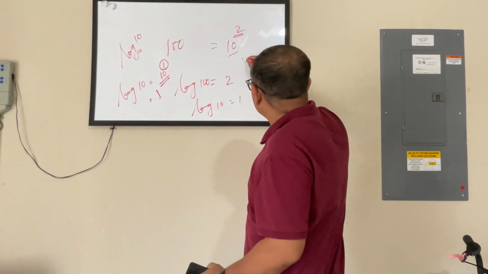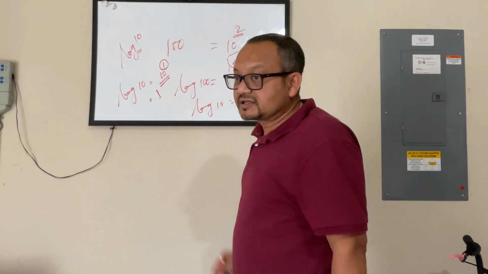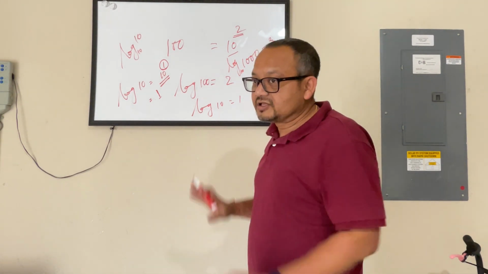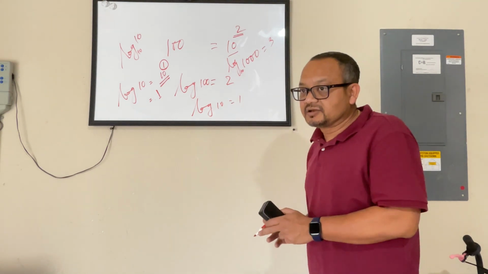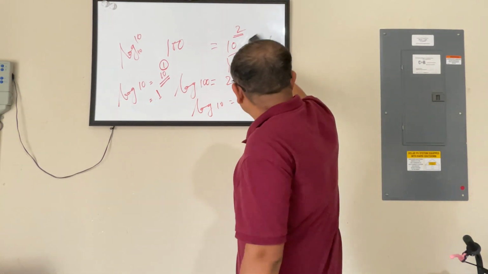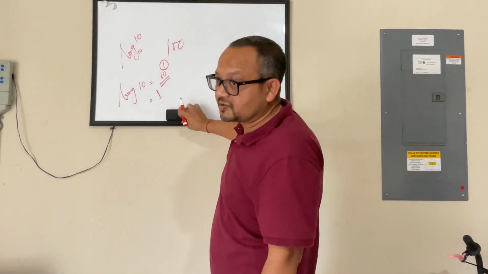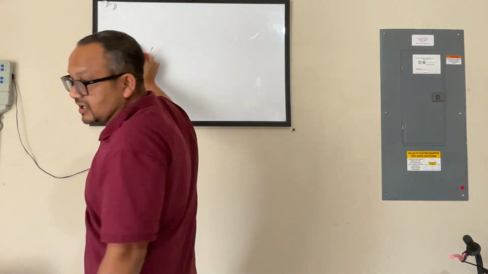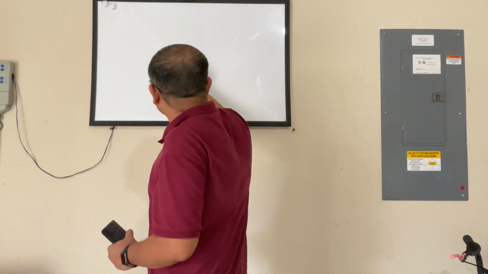So if you have log of 1000 with base 10, it will be 3 because this is 10 to the power 3. So this is just a representation. Let me go through all that you need to learn from a log perspective in 10th grade, and I will cover that. But this is the base. So if somebody says log of